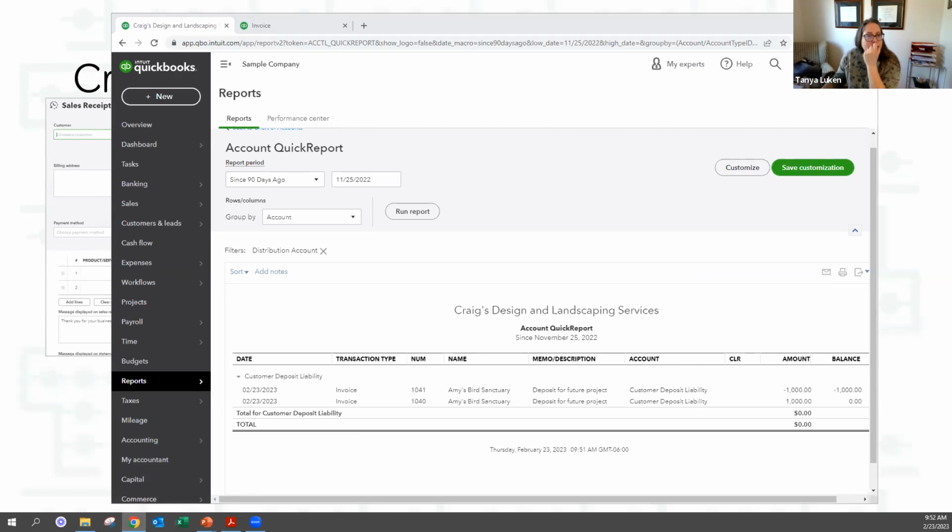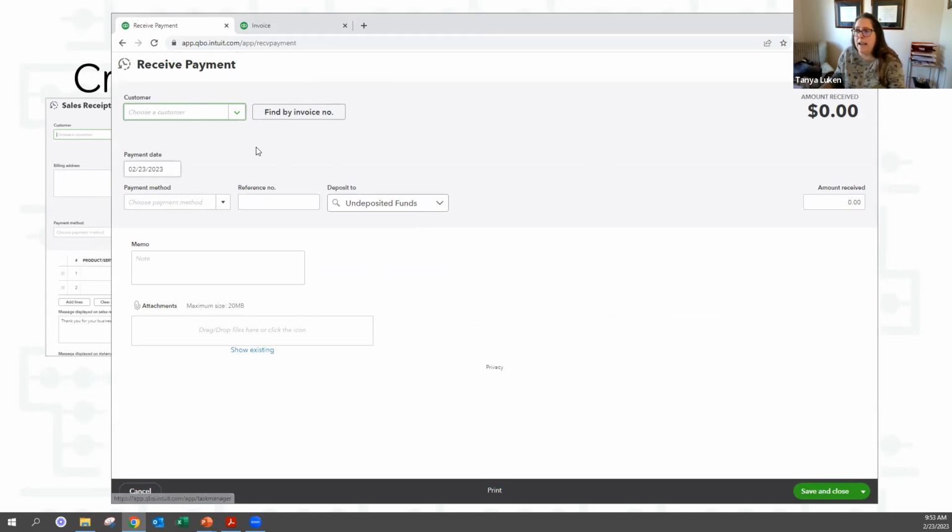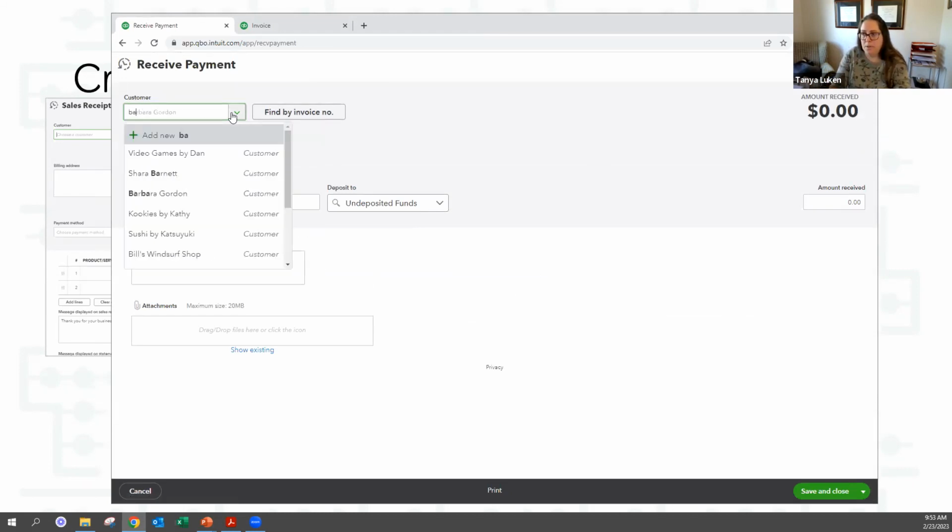Okay, let me see. If you take a deposit but do not make an invoice until after the job is complete, how do you avoid QuickBooks flagging those payments as unapplied? So Amanda, you would invoice them for the deposit item. Or in theory, you could just go into your receive payments here and pick your customer.